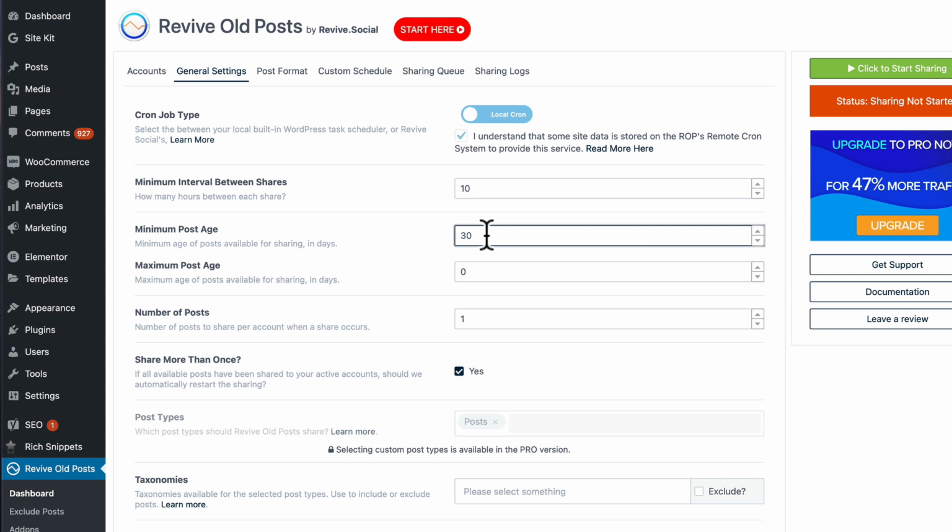So the rule of thumb is the more content you have, the more frequently you can post. And that is because we don't want to overwhelm our social media audience. We don't want to post the same piece of content over and over and over again in a short period of time. The maximum post age, this is a good option if you want to do manual promotion for your most recent work. So for example, if you need to delay the automation aspect for a few days, you can set it there. If you don't want to delay it and you want full automation, set that to 0,